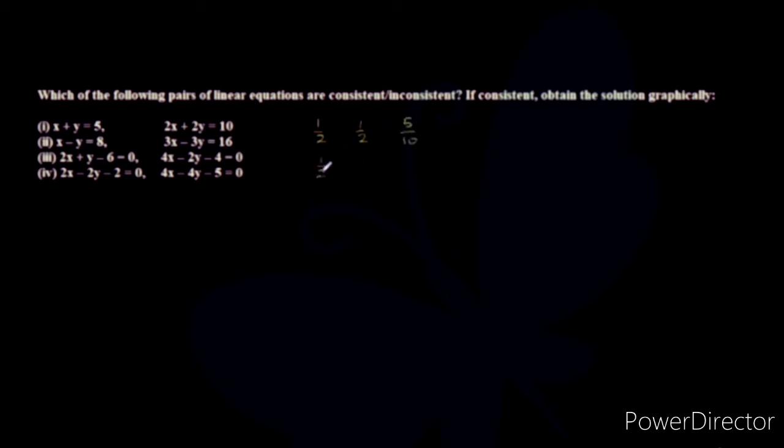Reduce them. So that's already reduced. A1 upon A2 and B1 upon B2. C1 upon C2 can be reduced to half as well, giving us this information that all the three corresponding ratios, right, for the x coefficients, for the y coefficient, and for the constant coefficients, all of them are equal. Therefore, yes, the two lines are coincident. So the system is consistent.